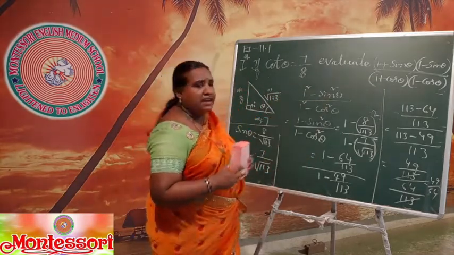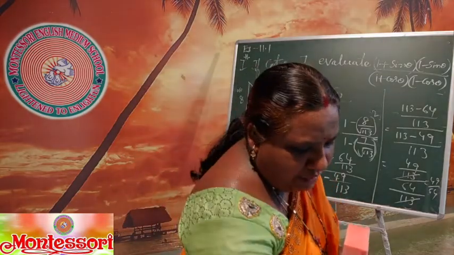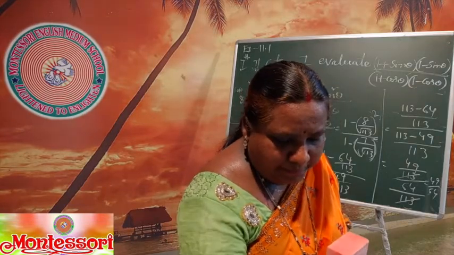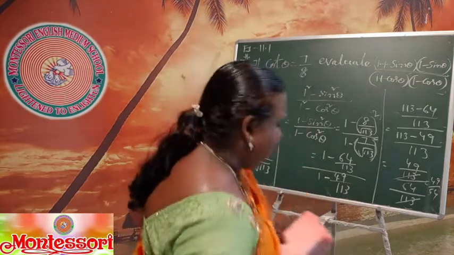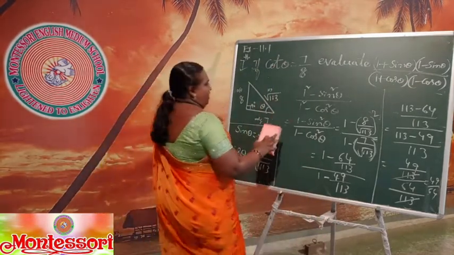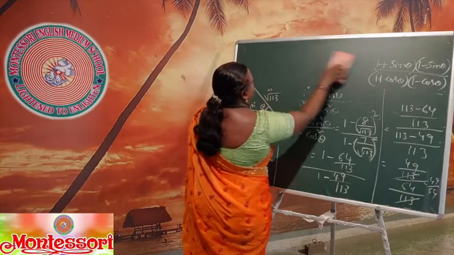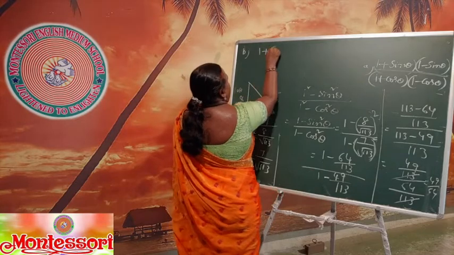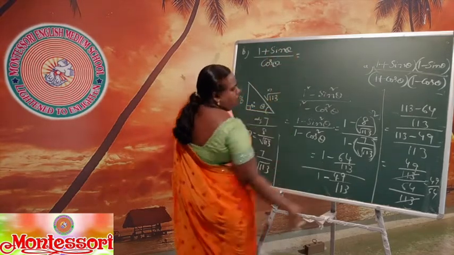So this is children. Basing on this you work out some more examples also. If you see, you can go through example 4, 5, 6 also like that. Now another last one, 1 plus sin theta by cos theta. Now in this one we have another option, this is option A, B, 1 plus sin theta by cos theta. Same value you have to substitute.